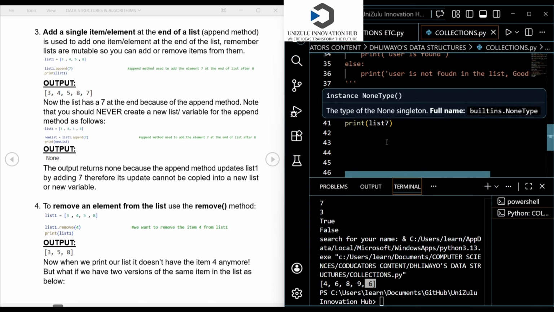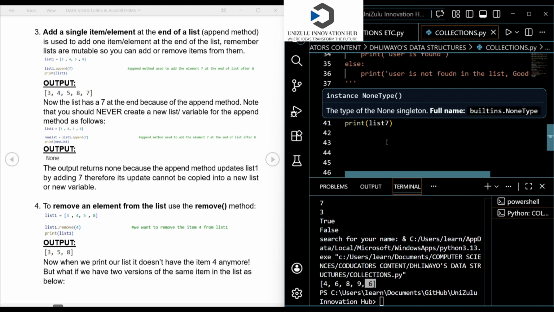Now this is list 7 and I want to remove an element or an item from the list. Remember, an element is something found in the list, the data, the information stored in the list, and we separate different elements using commas. I've been repeating this for years and years. So now if I want to remove 6 from the list, what will happen? I'm going to just say list 7 dot remove. So I use the remove method. This remove method, remember, you're going to put the element that you want to remove.